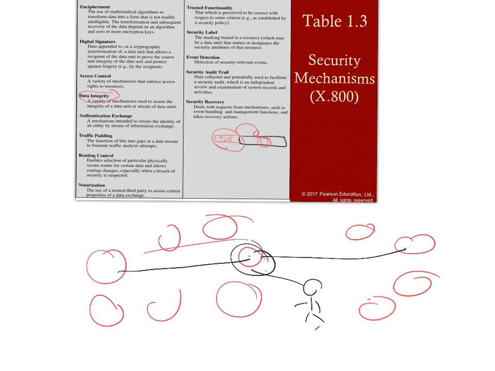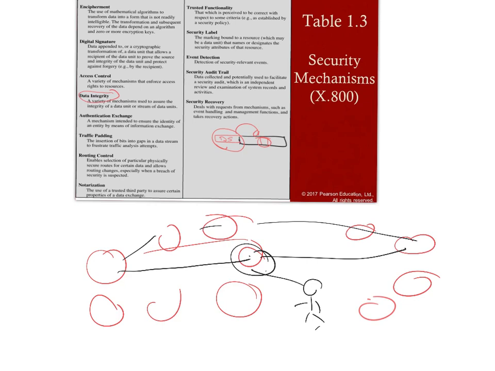So instead, routing control talks about the fact that I may actually use different routes to reach the same destination, to try to maneuver and send the data through different routes. In which case it will be very hard for the attacker: even if he or she listens to a specific part of the network, he will not be able to get anything, or he will get only a small part of the data. So I'm also using routing control to confuse the attacker. واضح كده؟